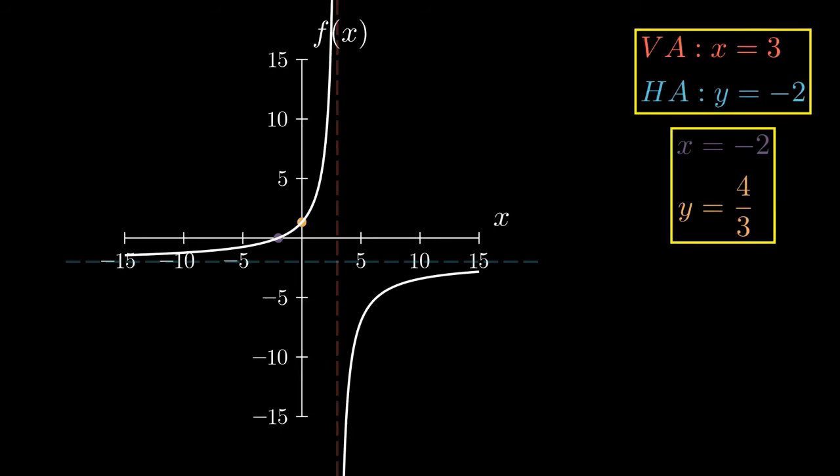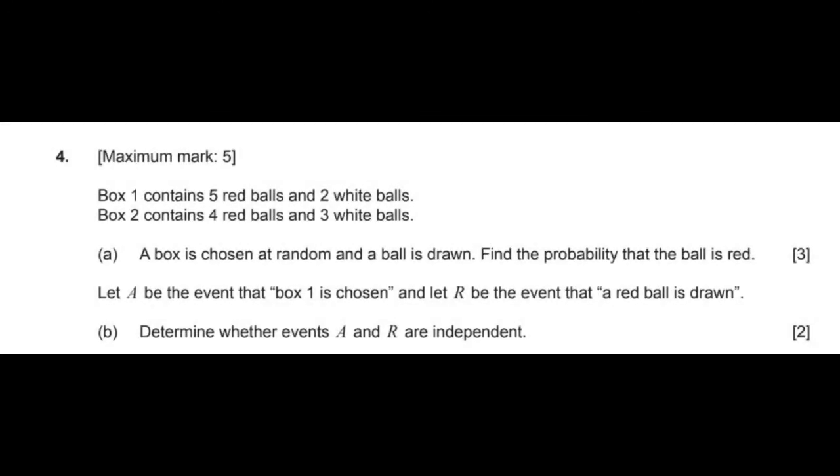On to number 4. Number 4, probability question. So we have 2 boxes, and they contain red and white balls. Part A says a box is chosen at random, so we can infer from that each box is equally likely to be chosen. So probability of choosing one box is 1/2. We need to find the probability, the overall probability that the ball is red. Part B, determine whether events A, which is box 1, is chosen, and R, that a red ball is chosen,